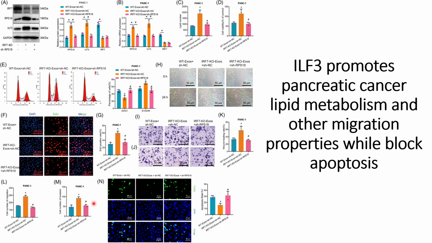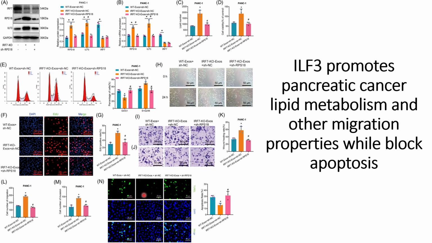These results are quantified in panels L and M, where we can see that in panel M, the migration rate of the cells is higher when IRF7 is knocked down but RPS18 is not knocked down. And for the invasion assays in panel J, which also shows the same results, that is, when IRF7 is knocked down and RPS18 is not knocked down, the invasion rates are higher. And when they do the apoptotic assay or the TUNEL assay, they are able to find out that